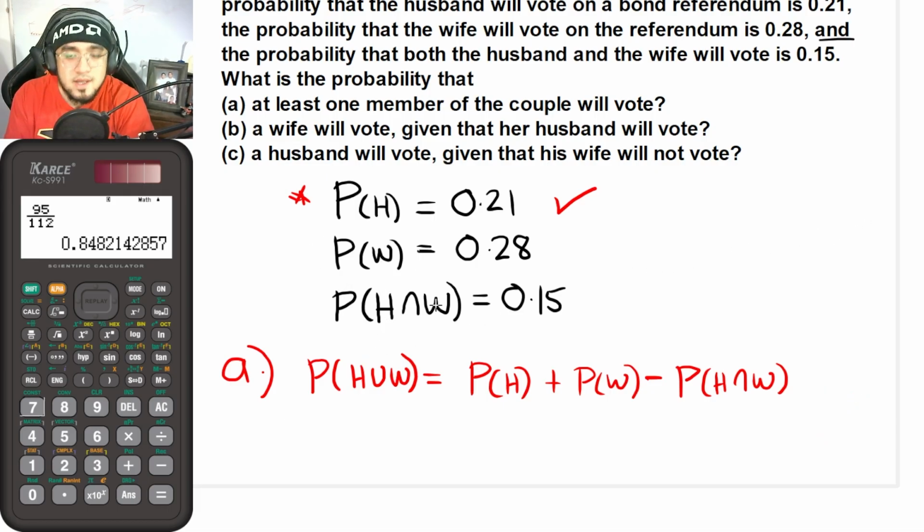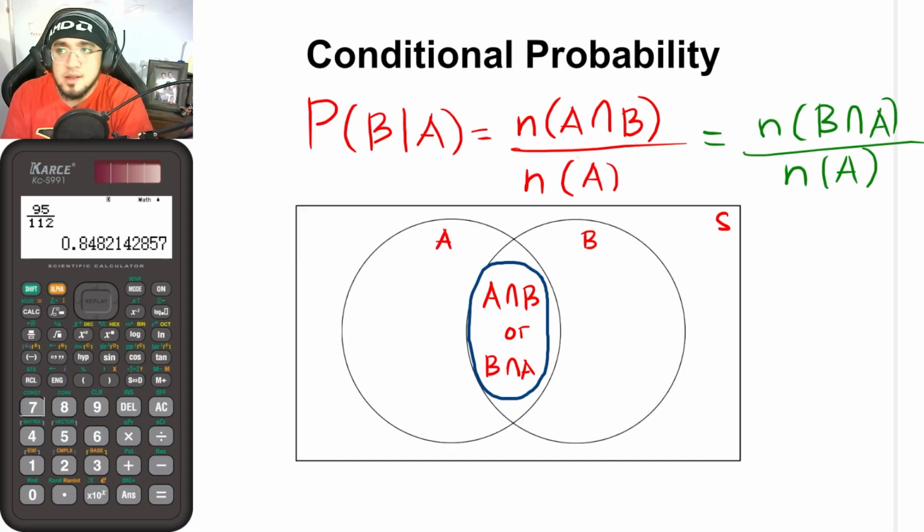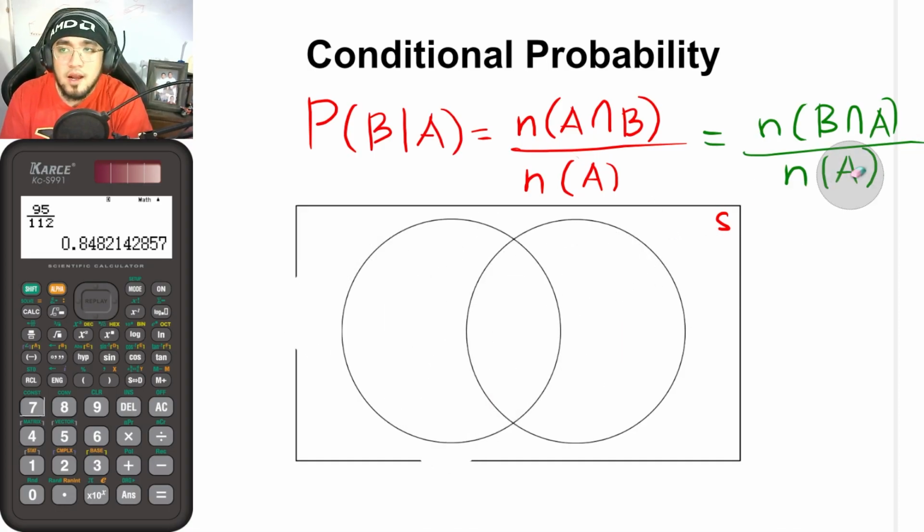As a review, suppose that we have this Venn diagram here. If this is the husband and this is the wife, this is now the intersection of husband and wife. So if we are to get the union, for the probability of